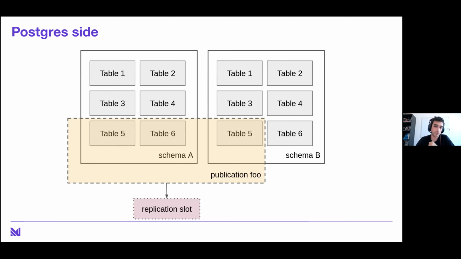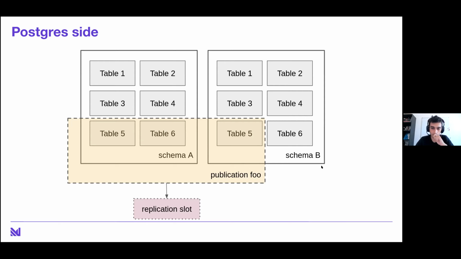And this is because you might want to use Materialize to compute some aggregations over some hot table, but there are other unrelated tables that you don't really want to transfer over the network or do any computation on. So using publications, you have the opportunity to filter out and select the tables that you want to participate in your replication. Again, we're going to see that in detail once we set it up in the demo. And just here in this diagram, this publication foo consists of table 5 and 6 from schema A and